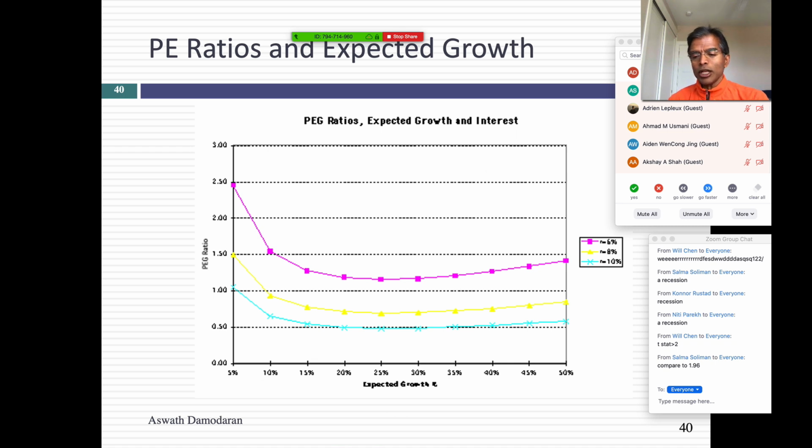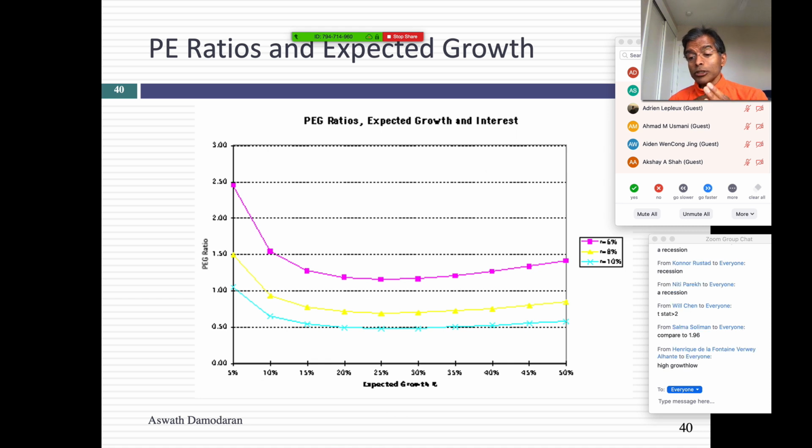If I ask you to find a cheap stock based on the PE ratio, I'm going to go through a list of things. You tell me what you would want in a cheap stock. You want a low PE, obviously. Low growth or high growth? You don't want anything that explains away the low PE, so you want high growth. Right? Do you want low risk or high risk? You want low risk because high risk explains away the PE ratios.